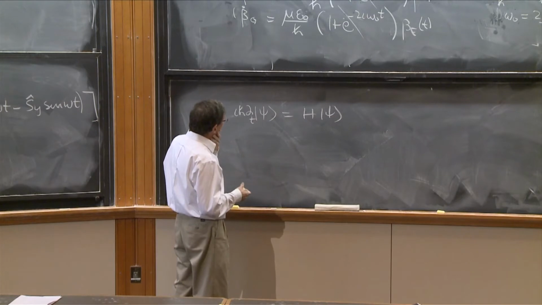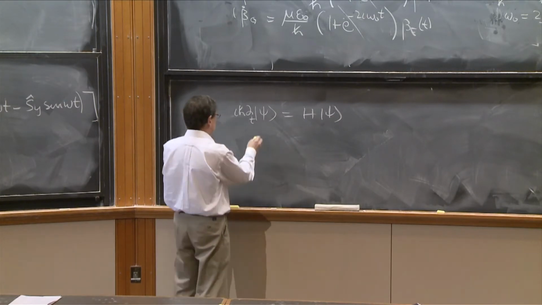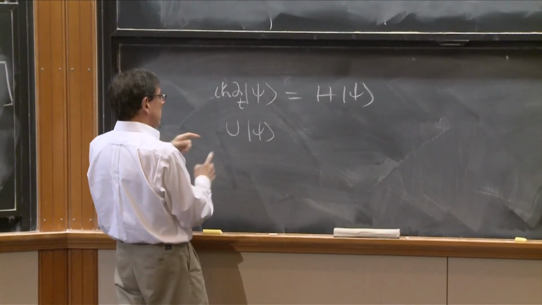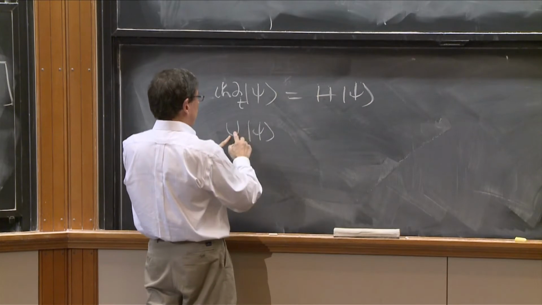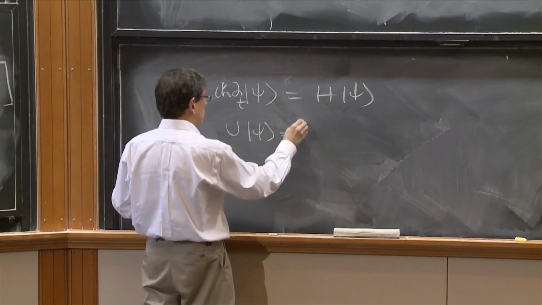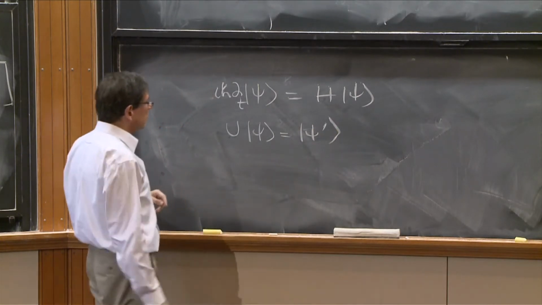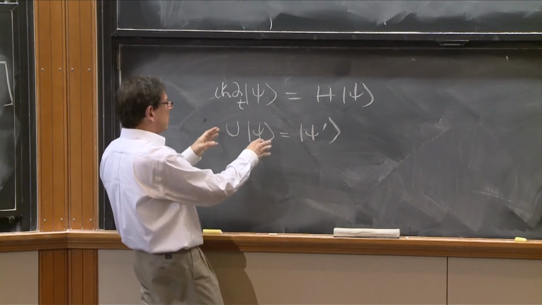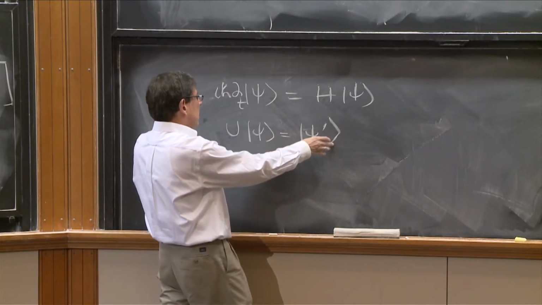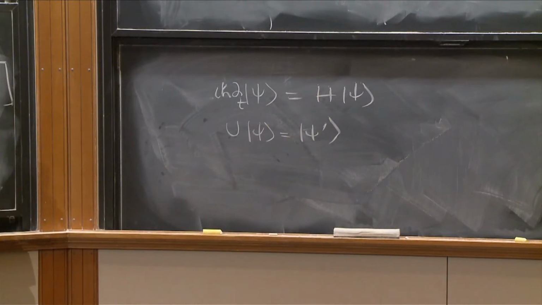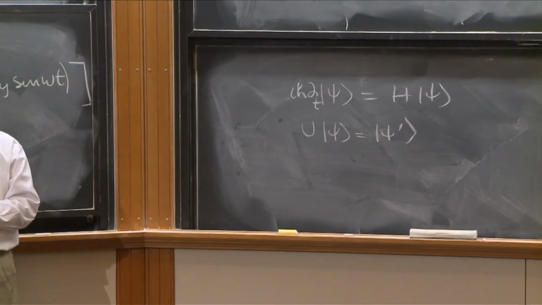So one thing you could do is you could try to change the states by doing a unitary transformation, and then hope that the unitary transformation acts on this Hamiltonian. So this will be the new states. And you would hope that this unitary transformation would somehow, working with these new states, simplify the Hamiltonian. But a unitary transformation in general is just like a change of basis that is not going to do all that much,